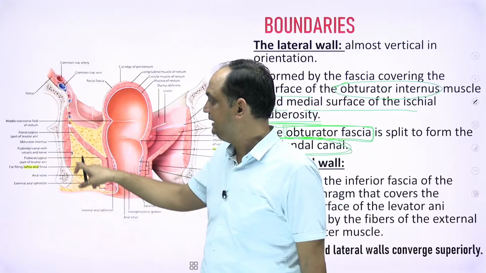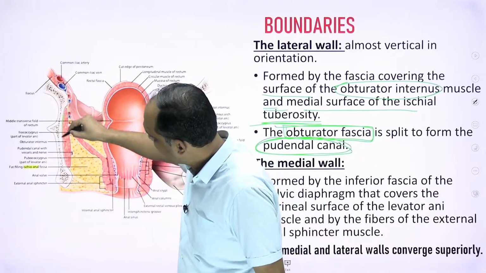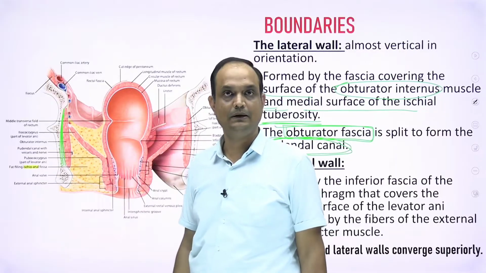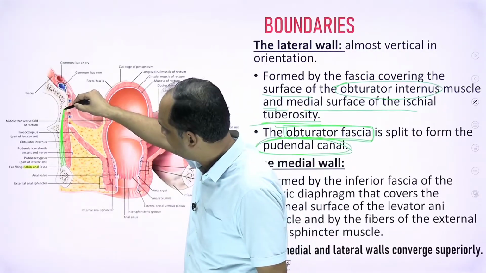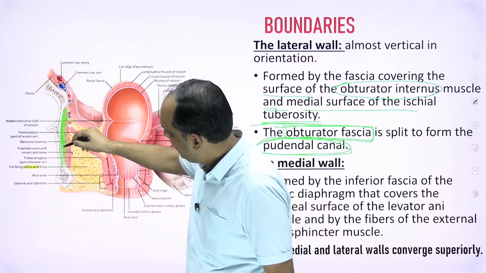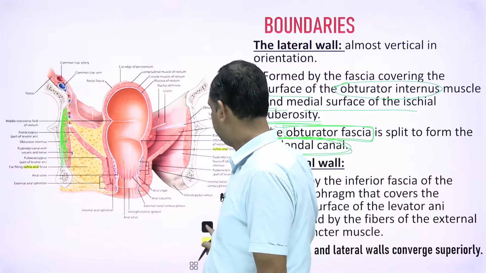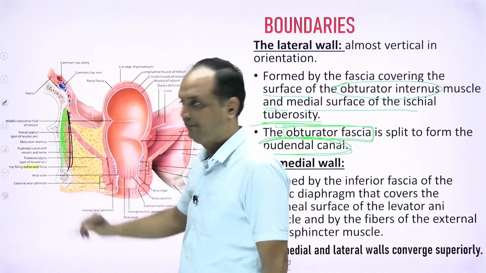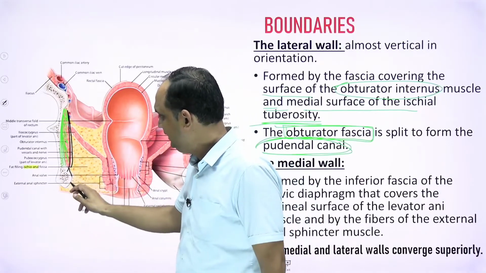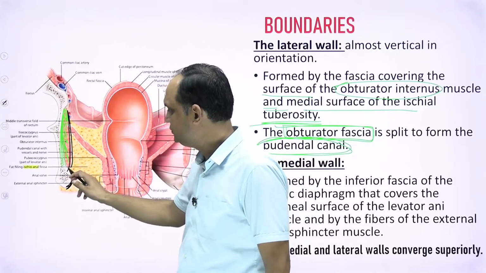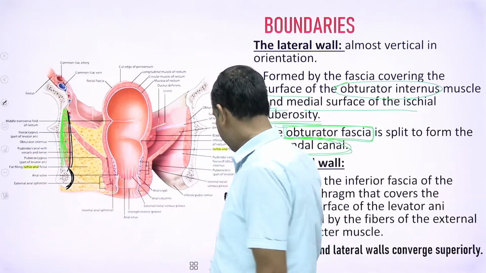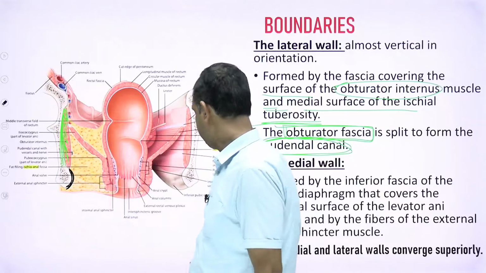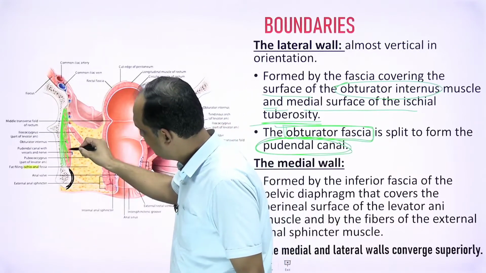Now here in this lateral wall, this is your inner side of your obturator foramen, which is covered by the obturator internus muscle, and this obturator internus is further covered by the fascia, known as obturator fascia. Now this is the medial surface or inner side of ischial tuberosity. Now at one point you will find that there is a presence of a canal,